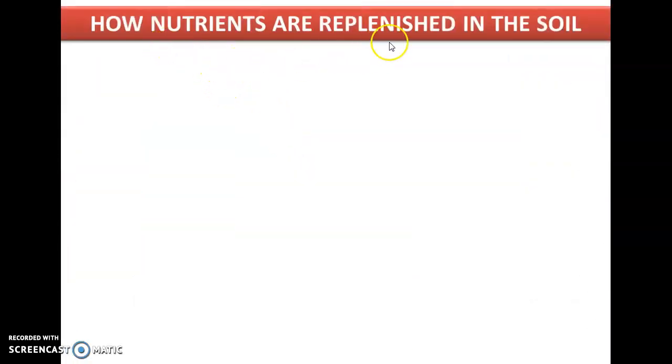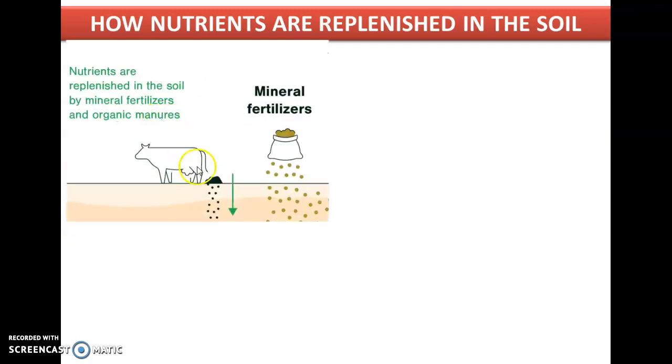How nutrients are replenished in the soil. We know that when crops are grown in a field, the plants absorb mineral nutrients from the soil. So the amount of nutrients in the soil keeps on declining, and the declined amount of nutrients needs to be regained. So nutrients need to be added from time to time to enrich the soil. For that, farmers add manure or fertilizer to the soil of the field. We know that crops require a lot of nitrogen to synthesize proteins, and we also know that after the harvest, the soil becomes deficient in nitrogen.